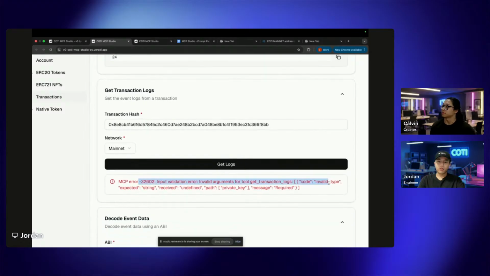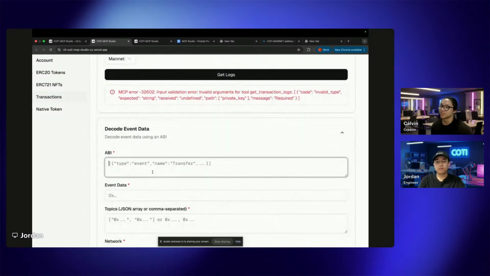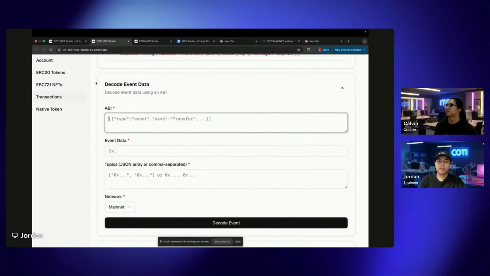Private key is required, and it doesn't have the private key field. Just missing information that you have to add in. Yeah, it's things we already covered, where the field is missing. And also, what I would do to this prompt pack